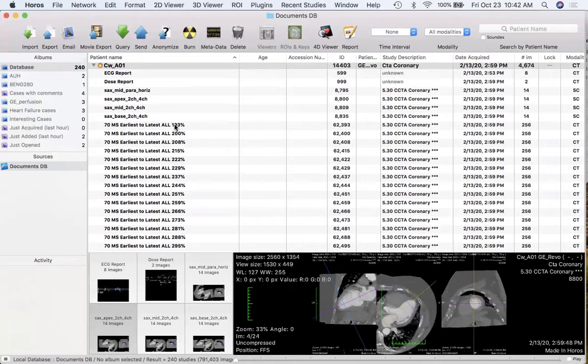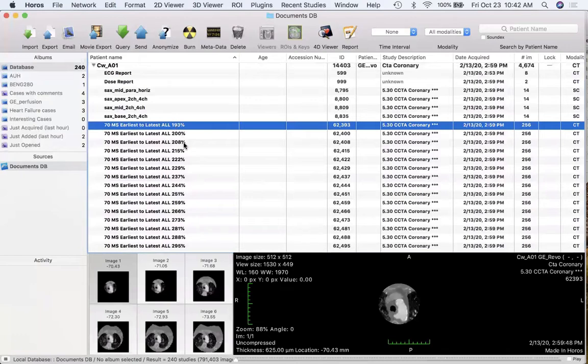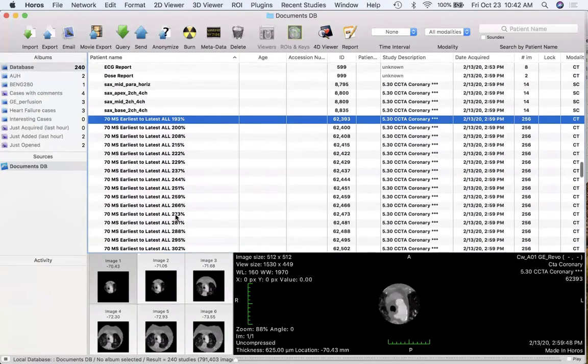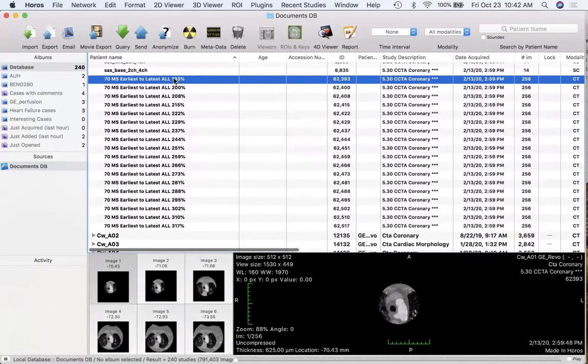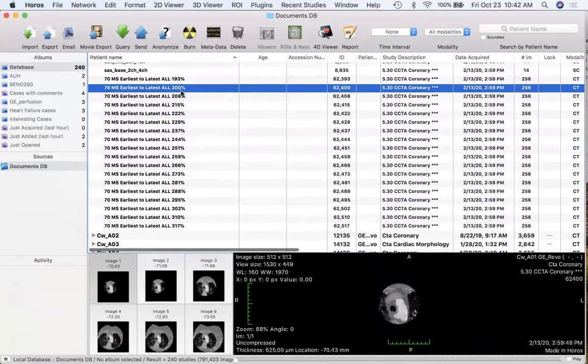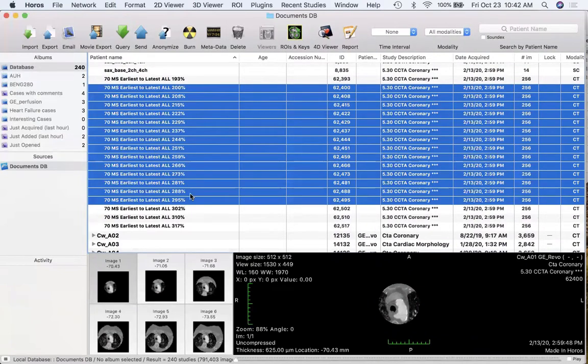And this is where modern computing is wonderful, because I can, without much hesitation, say, okay, I'll download, let's say, all of this stuff from, well, let's go from 0% to 295. So that's 1 R to R. I have extra images on the end. Then you say 4D viewer, okay? And it's going to take this whole set of these volumes, these are 256 slices each, and load them into memory inside Horos. And so 4D viewer,